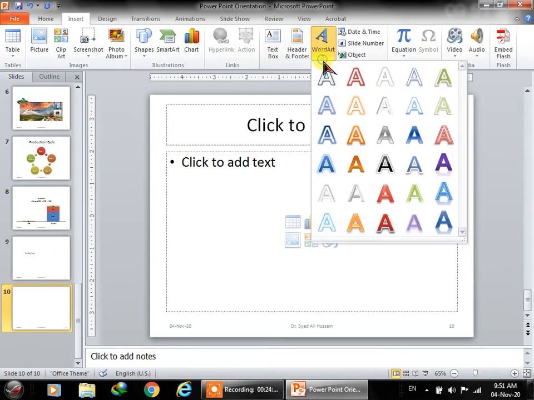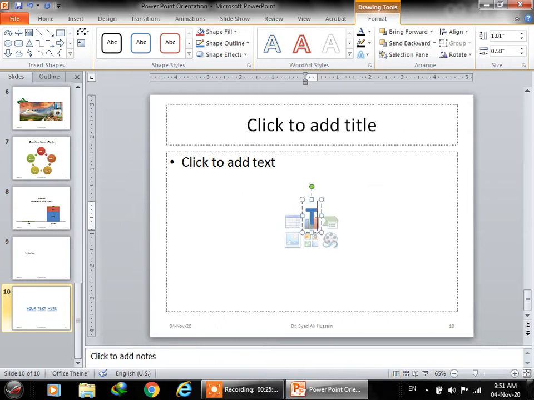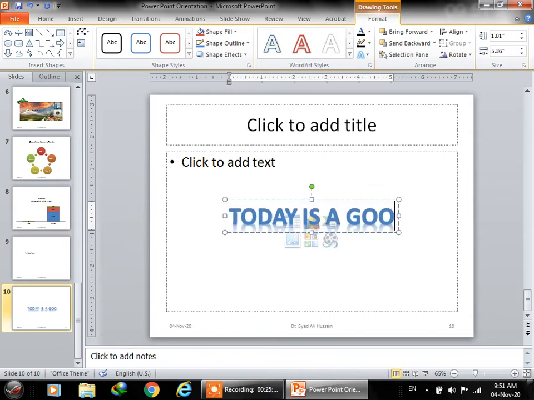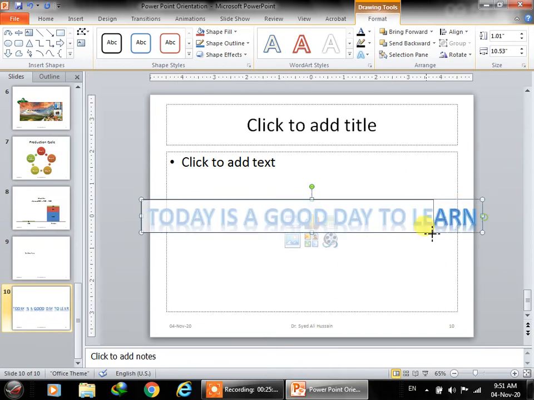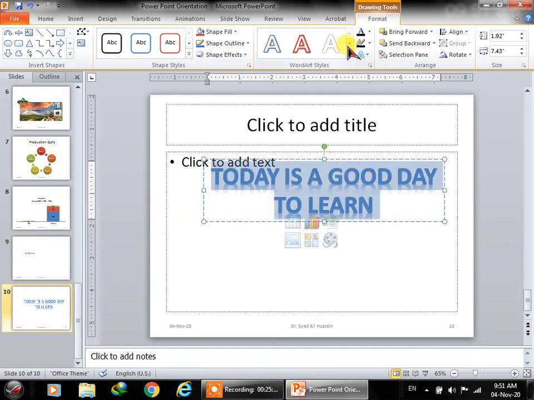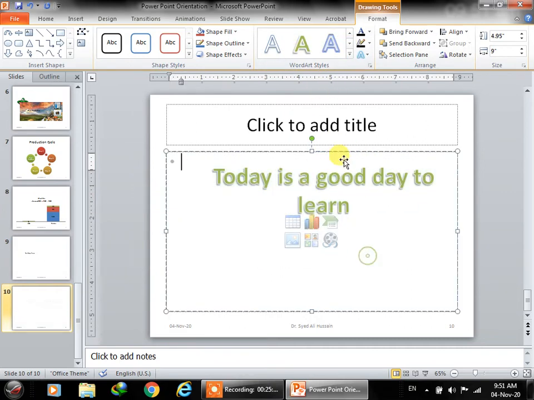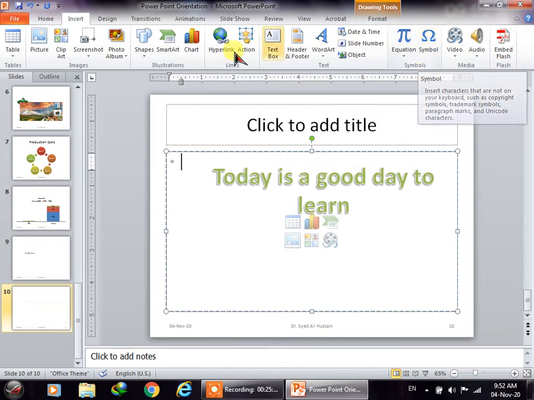Then word art, this is just wrapping the text into a different style. Again, you can change with a simple click. You can add date number or date and slide number. You can insert object, equation, symbol, videos, audios. You can add almost anything.